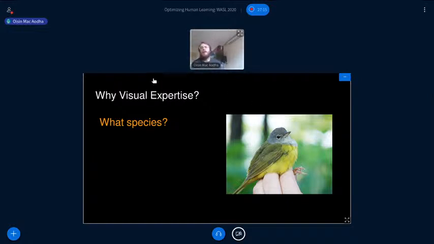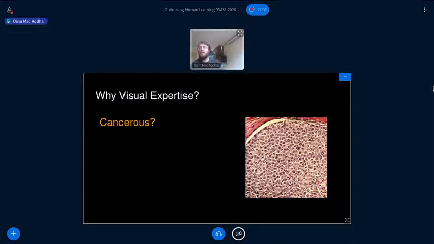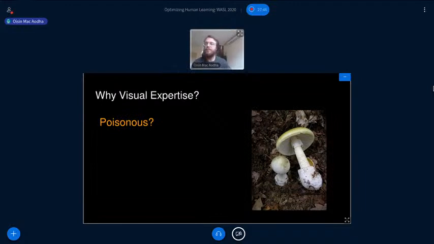So, for example, you might be an ecologist or a naturalist, and you're interested in determining what species you've seen. So again, from the image or from what you see, can you determine which of many different species it might be? Maybe you're a pathologist, and a large part of your job might involve looking at tissue samples and determining if that tissue sample is cancerous or not, or maybe contains the presence of other diseases. And so clearly these are very fine-grained visual reasoning tasks that must be performed. Similarly, you might be cooking your lunch and you really want to make sure that you don't eat something that's poisonous, and so being able to determine that is seriously important.